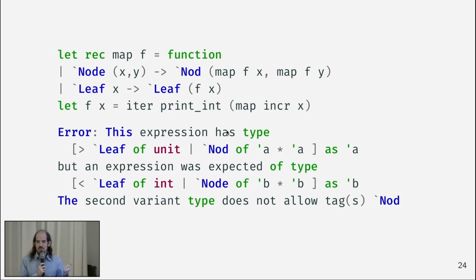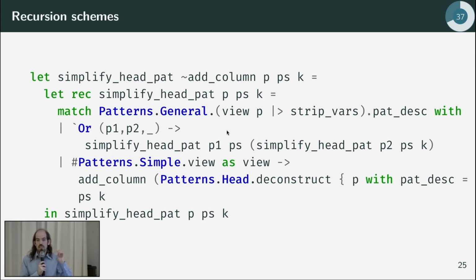Which means that when you have principal use of polymorphic variants, you need to annotate every use of the polymorphic variant. So they are not so much a shortcut in this kind of use, but they can be very useful to implement complicated recursion schemes. Which means that if you have a tree with many different variants, so for instance,